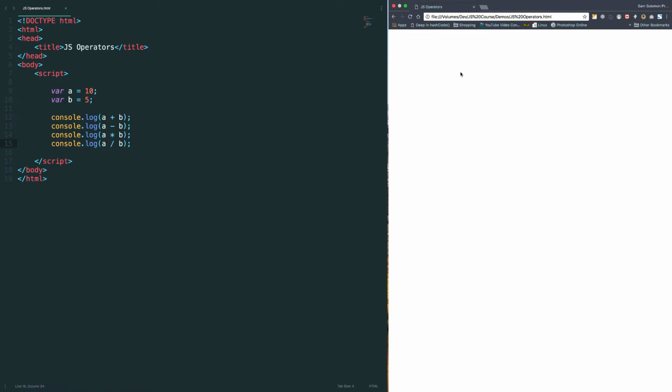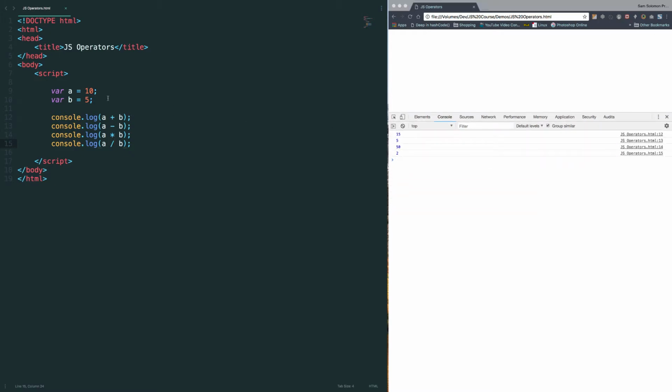Since this is console.log, we'll not see any output in the HTML page. So let's hit Command Option J on Mac to open the console. As expected, 10 plus 5 equals 15, this will be 5, and this will be 50, and this will be